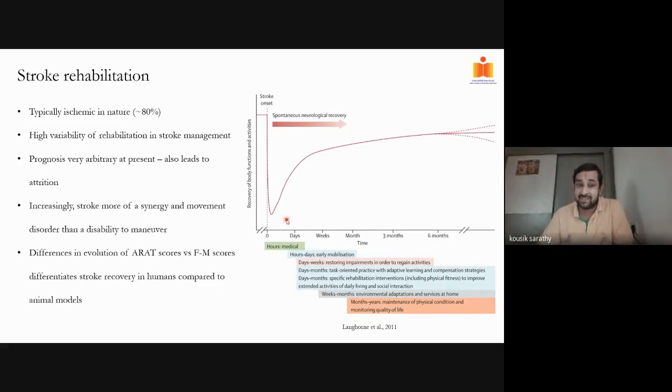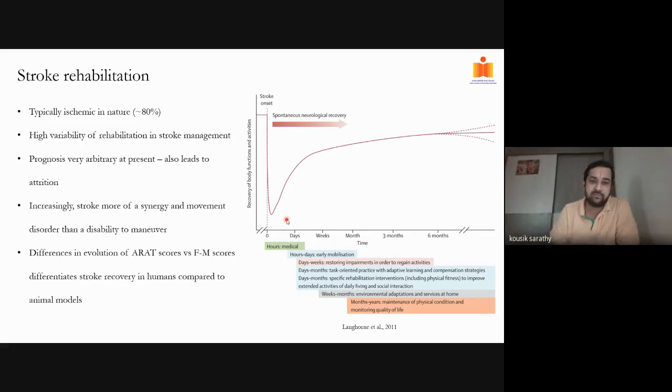But what is also interesting is that, especially in humans compared to animal models, it is not just a matter of dexterity or movement initiation and so on, but more the synergy between movements. In humans, because of the various degrees of motion we have, a lot of synergy is required to initiate movements, and some movements are not underdetermined. There are only very few ways in which you can perform some movements, and it is very difficult for a patient to perform these movements, other than by compensating through other muscles and so on.